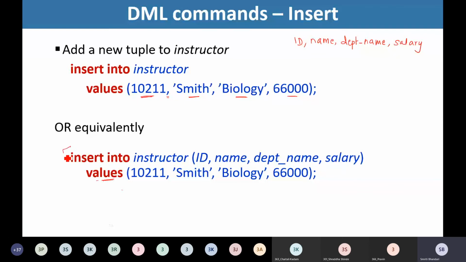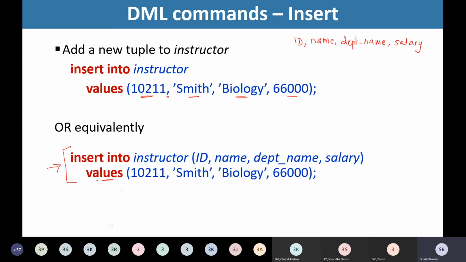And I think this is the best way to write the insert statement. So insert into instructor, list out the attributes of the table and then provide the values that we would like to insert.